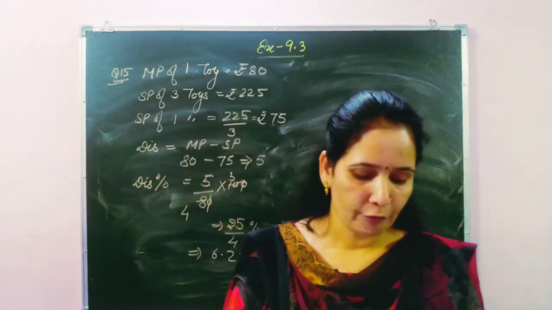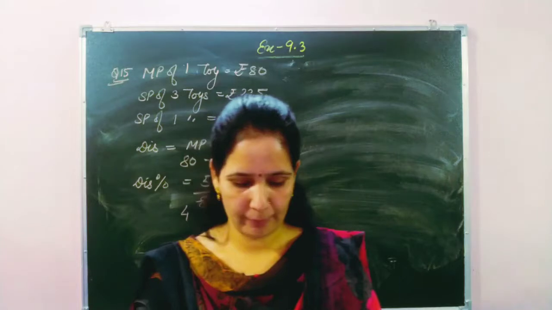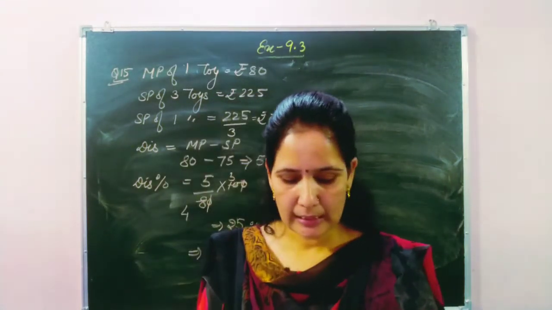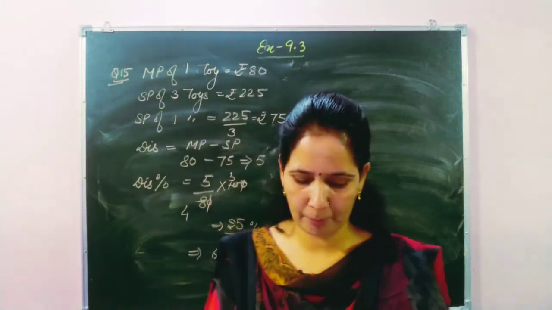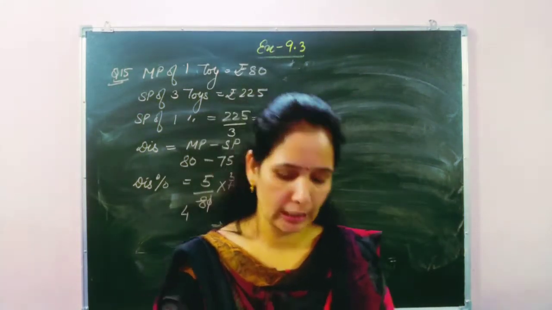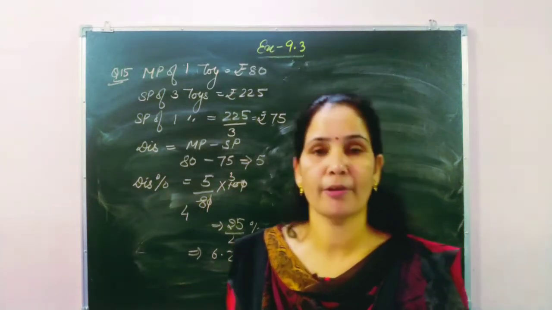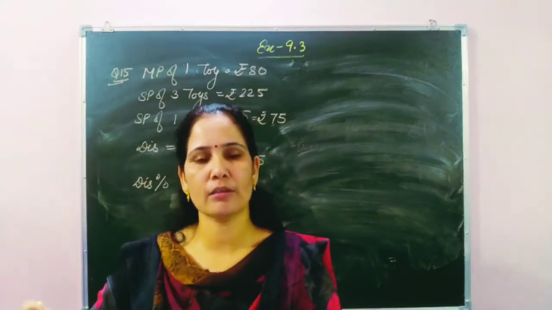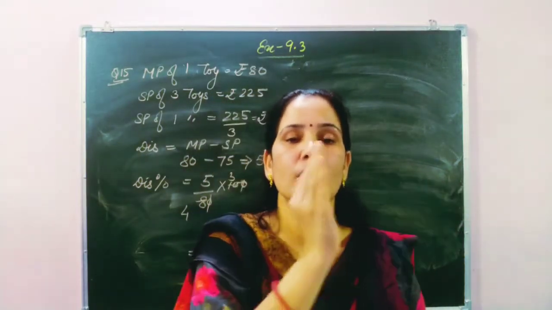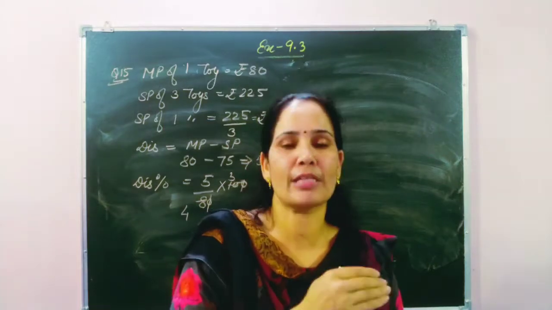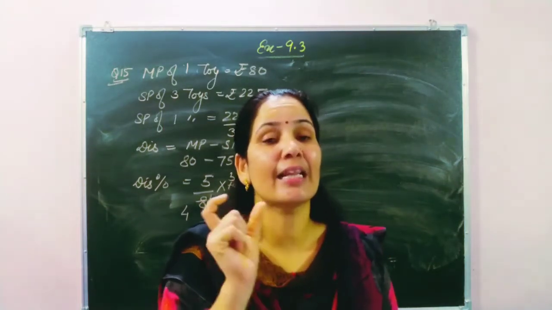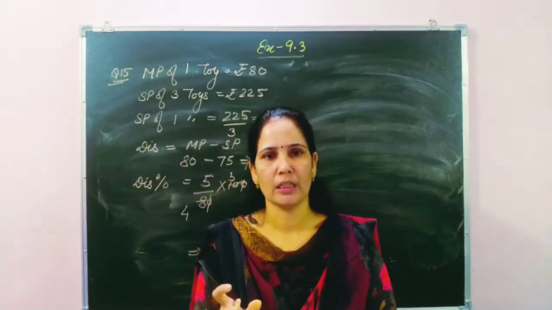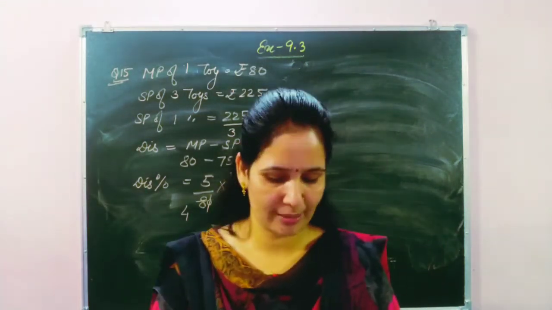Question number 16. Vicky visits a shop to buy a video camera. The shopkeeper offered a single discount of 15% and successive discounts of 10% and 10%. Which is favorable for Vicky? This question is like question number 14. On one side you find the price after the single discount and on the other side the price after the successive discount. Which price is less, meaning which SP is less, that is favorable for Vicky. So this question you have to try by yourself.